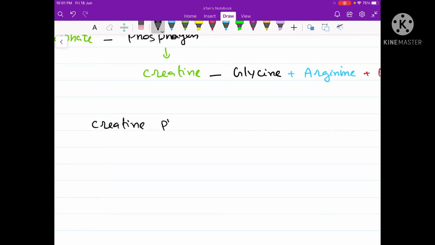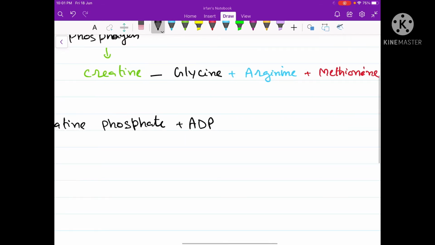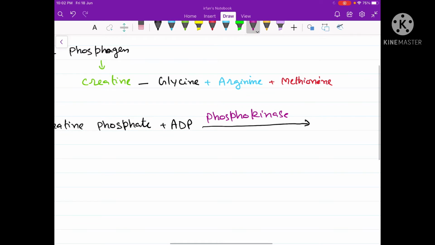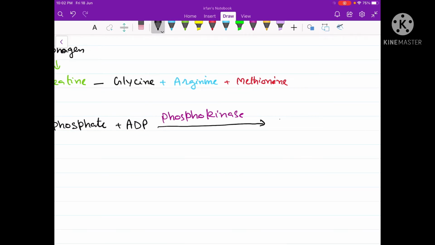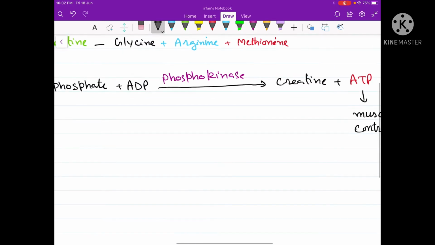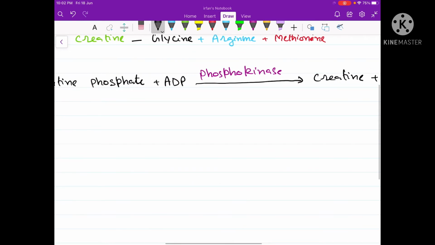Creatine phosphate in presence of ADP or adenosine diphosphate and an enzyme called phosphokinase will result in formation of creatine and ATP. Now this ATP is again used during muscle contraction, and once the muscle exhausts all its creatine phosphate, then the further ATP comes from